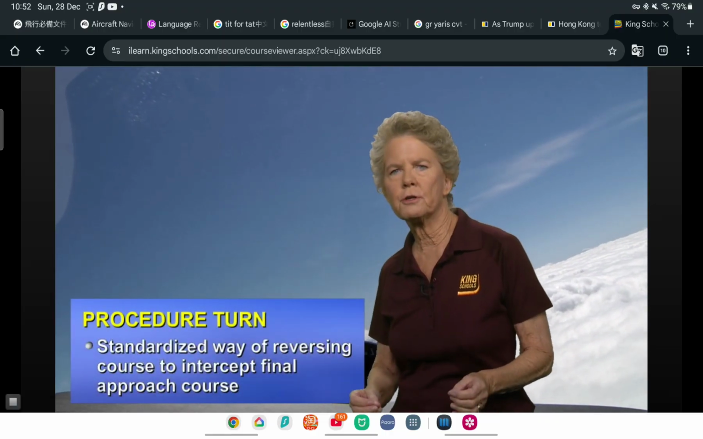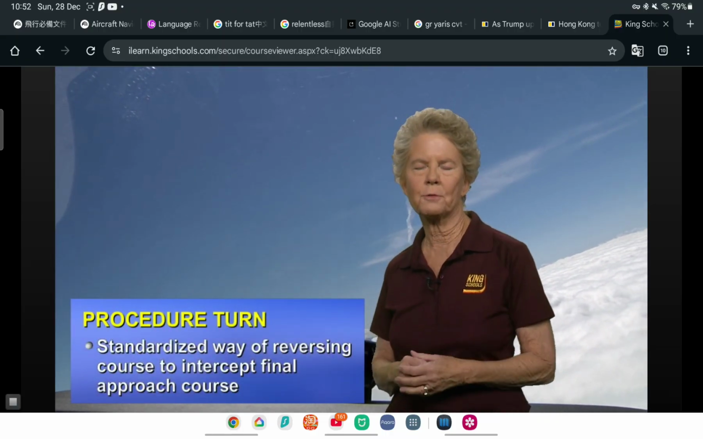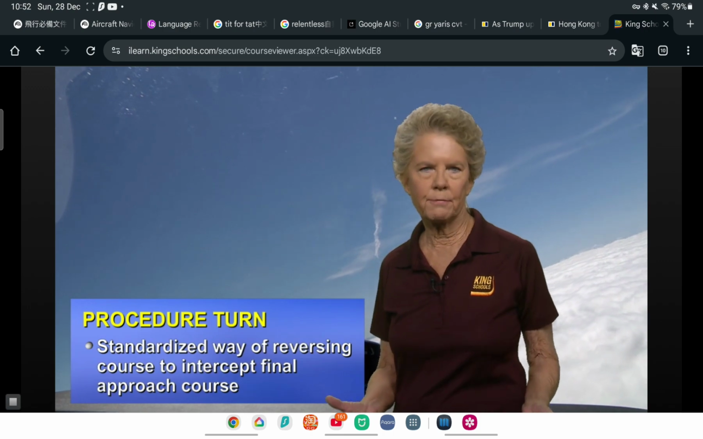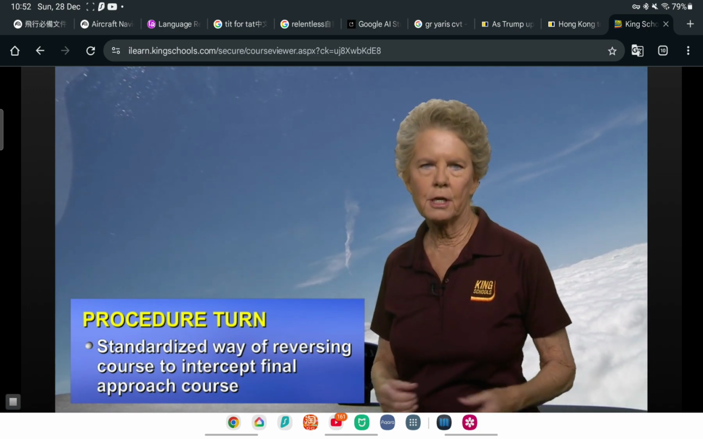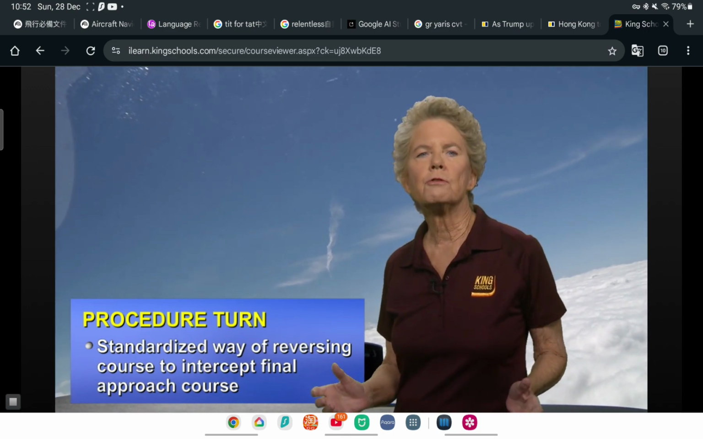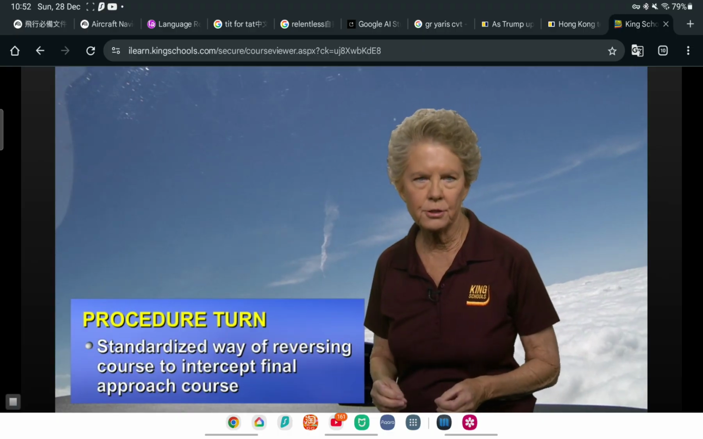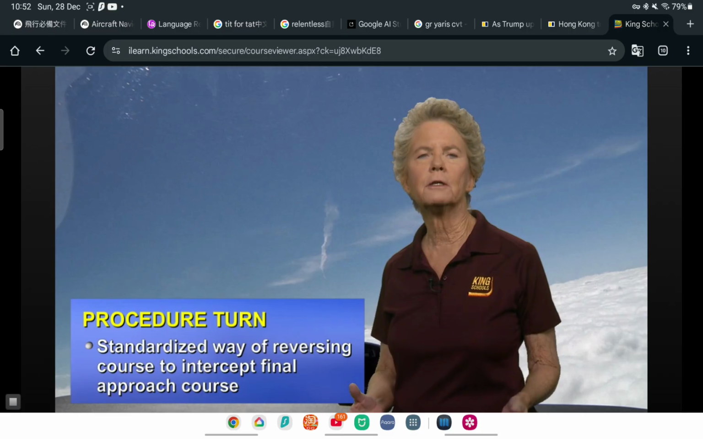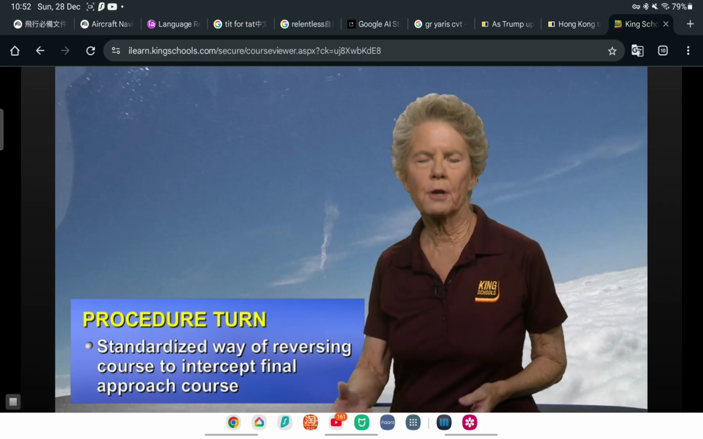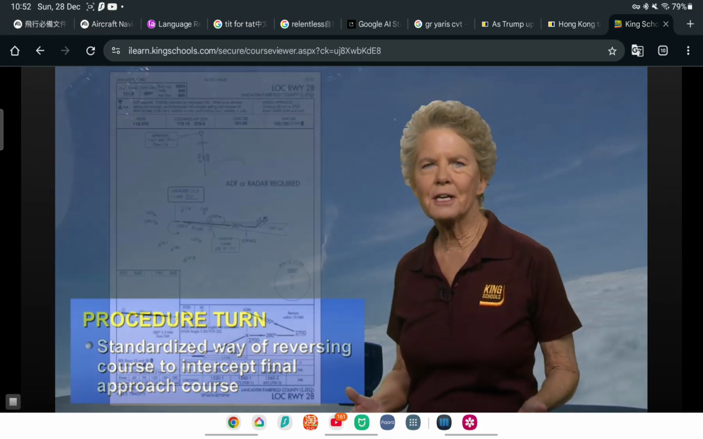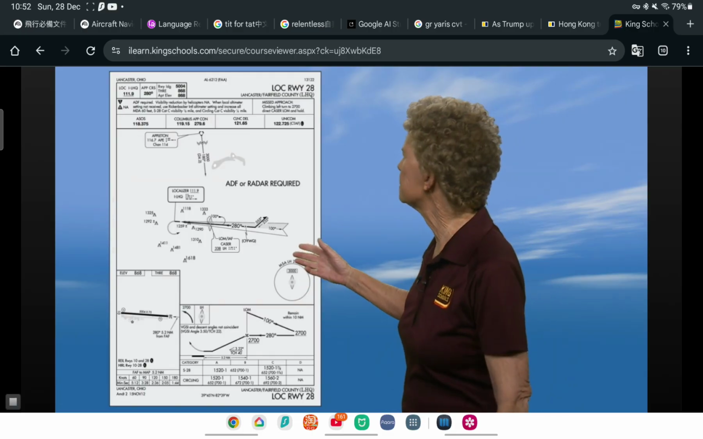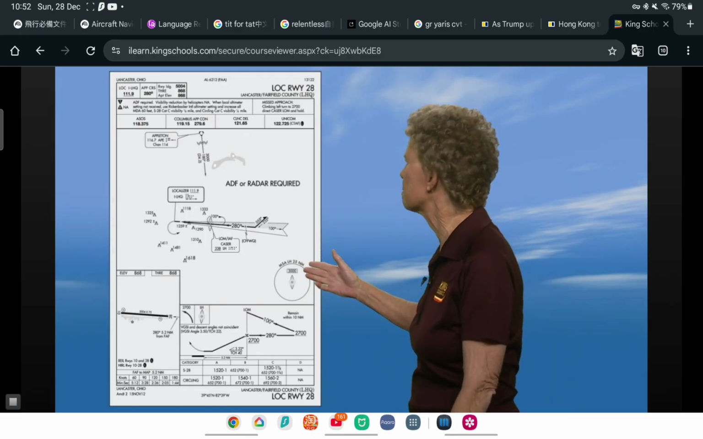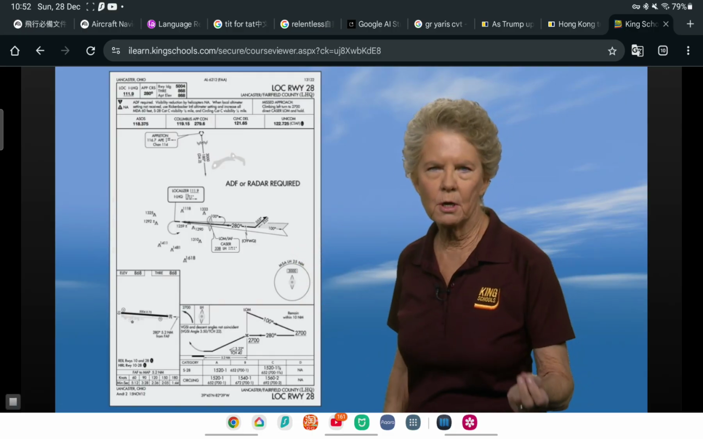A procedure turn is simply a standardized way of making that course reversal. Standardization increases safety because you know what you're supposed to do each time in order to stay within airspace that is protected from obstacles and other air traffic. So let's take a look at this approach to Lancaster Fairfield County Airport in Ohio and see what a procedure